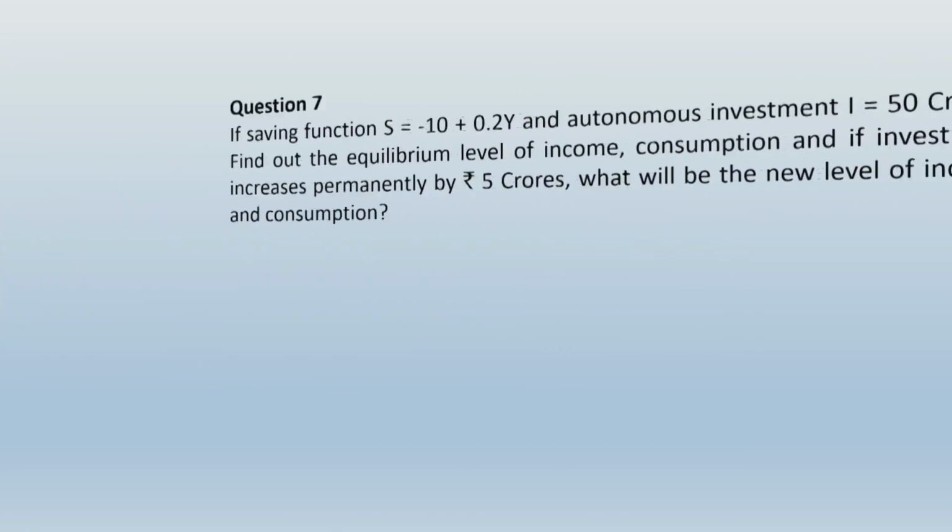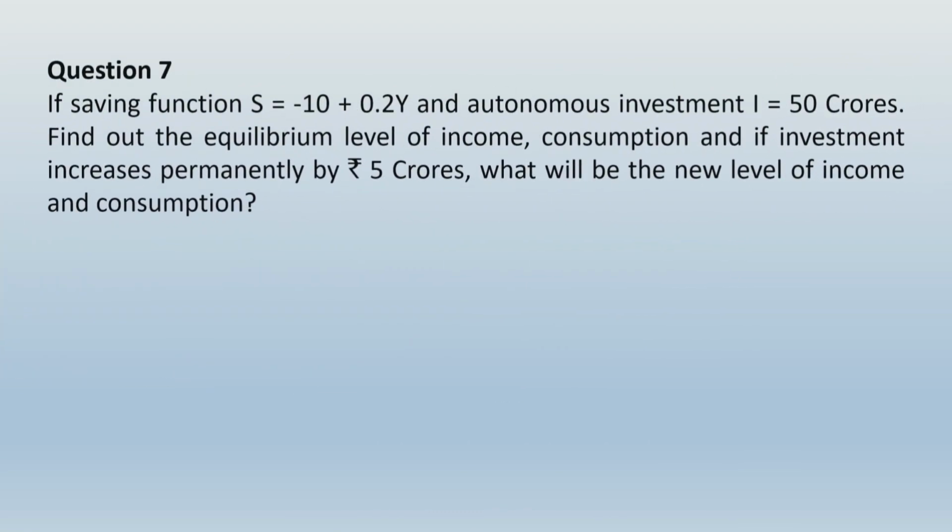Let us move ahead and take up the next question. That is question number 7. Let us read what is given over here. If saving function S equals minus 10 plus 0.2Y and autonomous investment I equals 50 crores, find out the equilibrium level of income, consumption, and if investment increases permanently by rupees 5 crores, what will be the new level